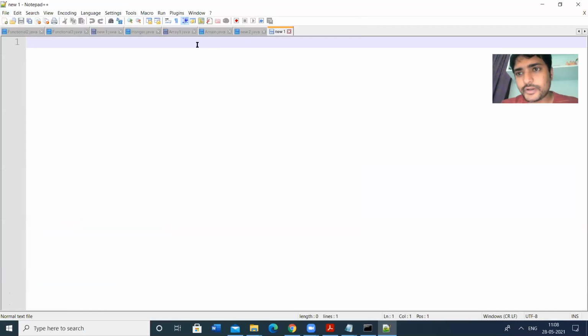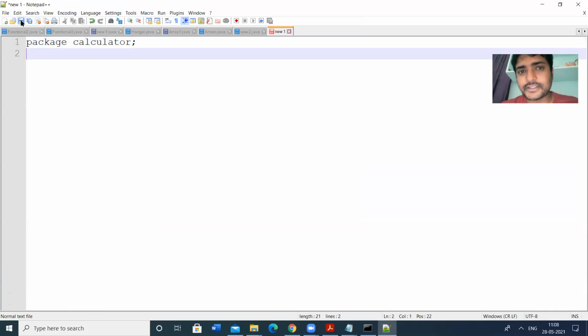Here I am going to create the package. Package is a keyword, and I am going to create the package calculator. Calculator is the package name. So this is the syntax for creation of the package.